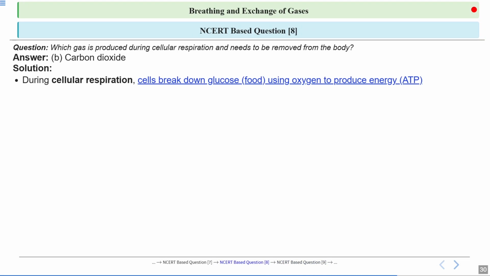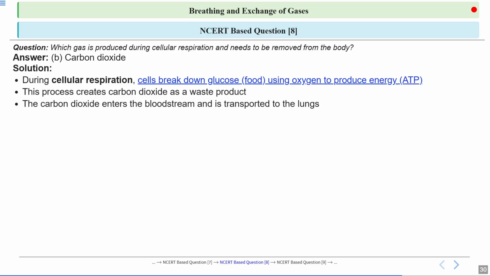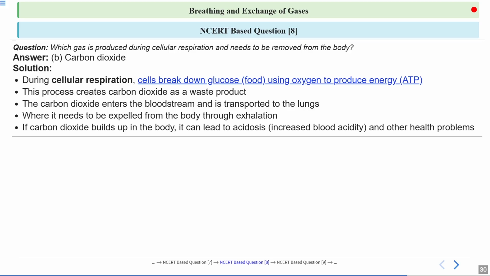During cellular respiration, cells break down glucose, food, using oxygen to produce energy, ATP. So this is the waste gas. This process creates a lot of carbon dioxide as a waste product, and the carbon dioxide enters the bloodstream and is transported to the lungs, where it needs to be expelled from the body through exhalation. If carbon dioxide builds up in the body, it can lead to acidosis, increasing the blood acidity